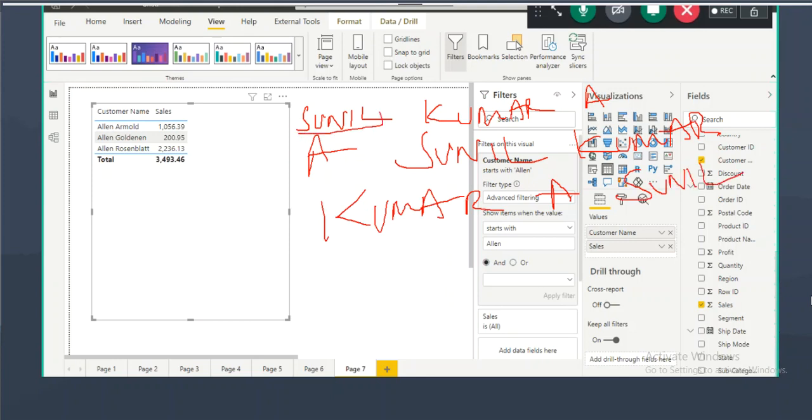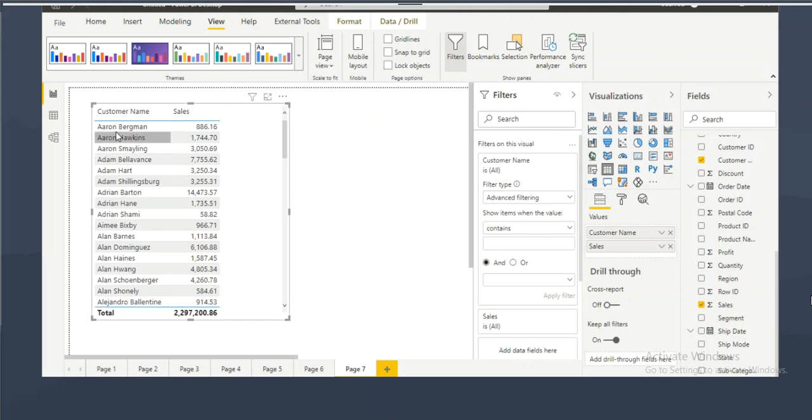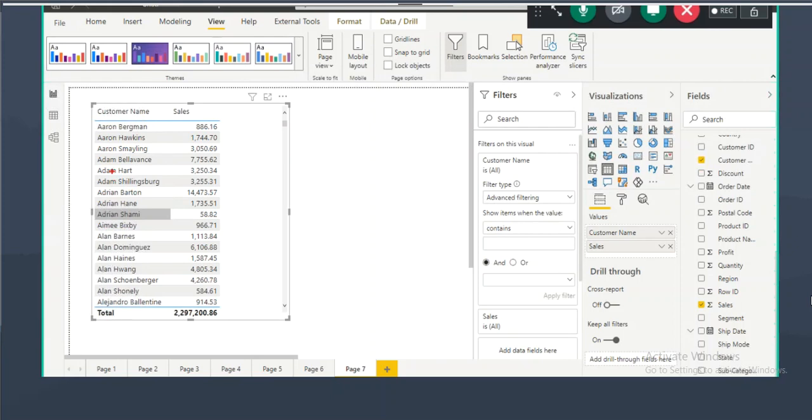If you write begins with, starts with, it will show only this. If you write ends with, it will show only this. So wherever the customer name, whether it is starting or middle or end, when the name contains a so-and-so text, I want to show it, guys. So this time the requirement is the same. I not only want to show the customers whose names are starting with Ellen. Starting or middle or end, wherever it is, if the name contains Ellen, I need to show it.